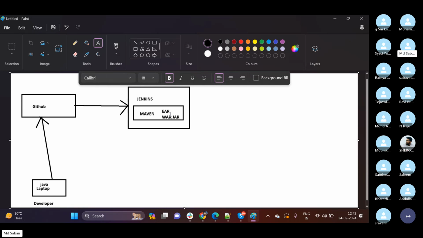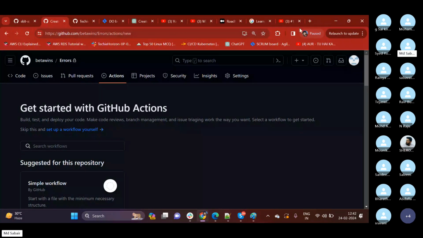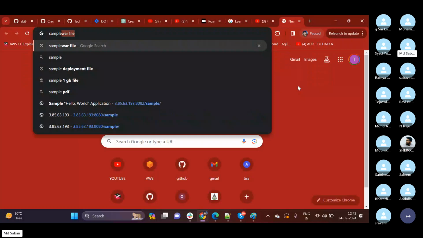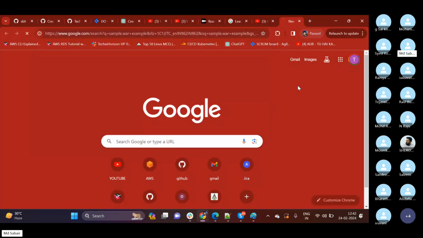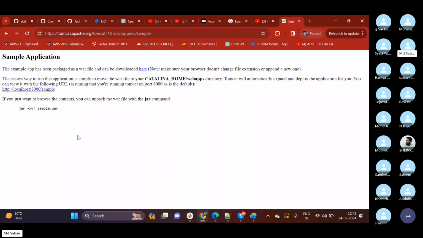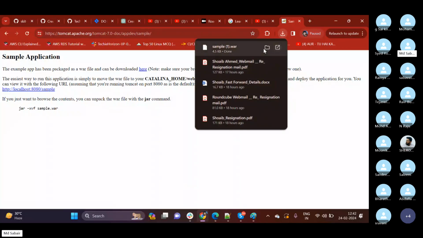But for Java based code, we need to compile the source code. That means the source code should be compressed or bundled into a package, so that the package will be used for the deployments. If you have seen this sample.war example, if I open this and click it, it is trying to download one sample.war